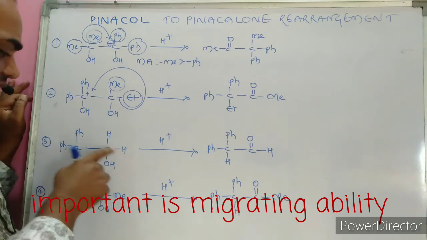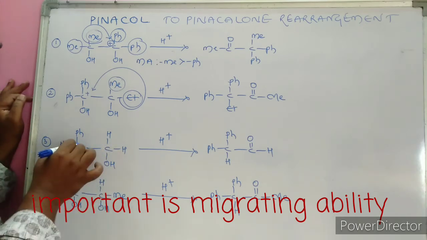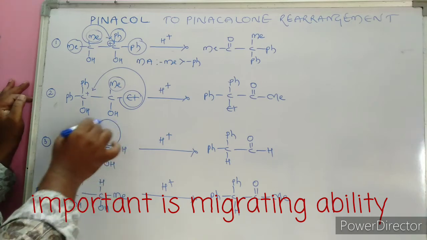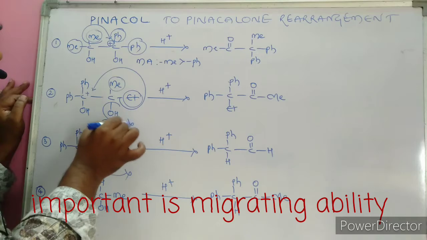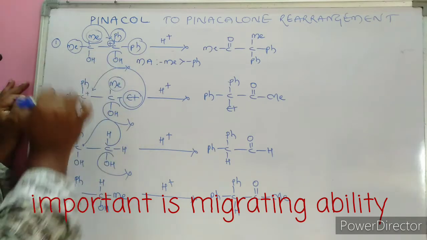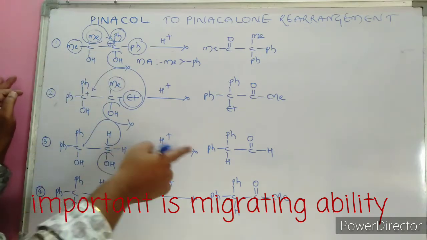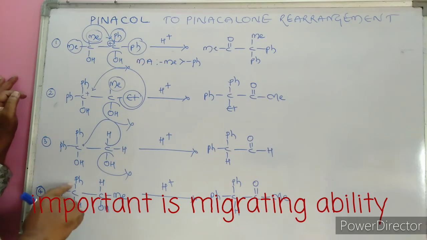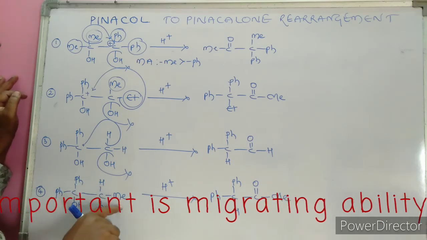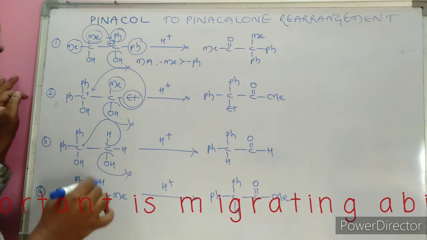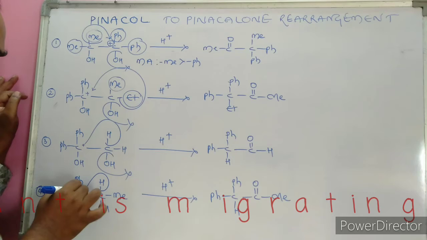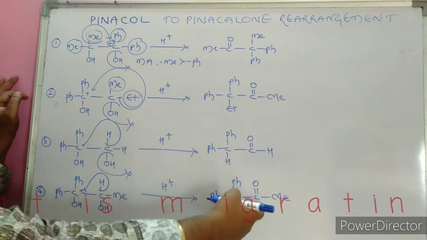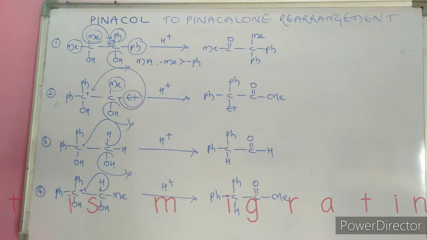Here hydrogens are given, here a phenyl is given. We know well the phenyl carbocation is a more stable one. One of the hydrogens gets migrated. As a result, the loss of the H2O molecule will take place, and the C double bond O gets established. Here the phenyl group is given, one hydrogen is given, another is a methyl. Then here is the most stable carbonium ion, the hydride shift will take place, establishing a carbonyl group.